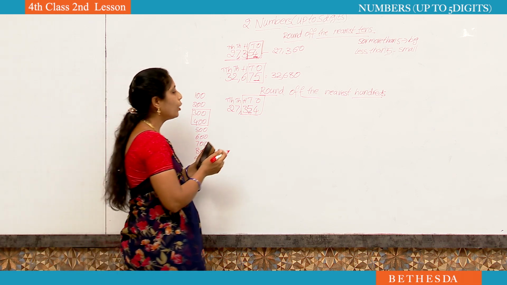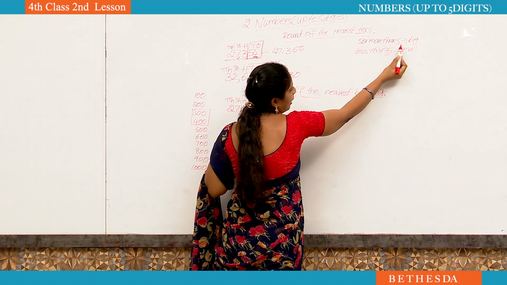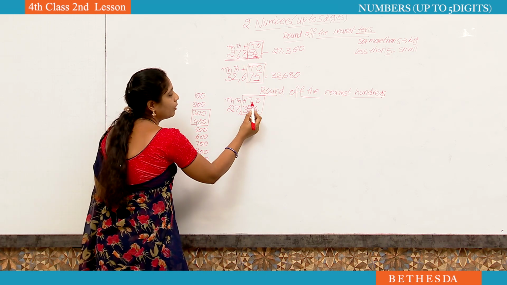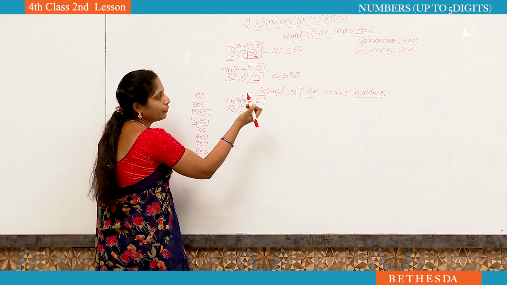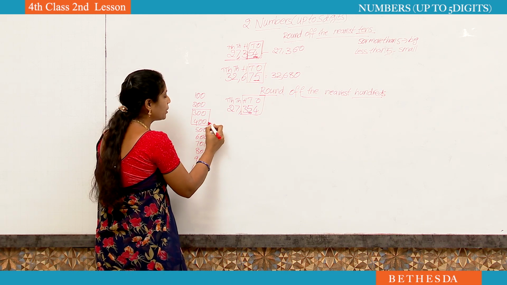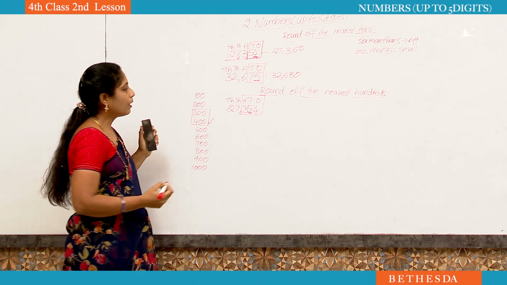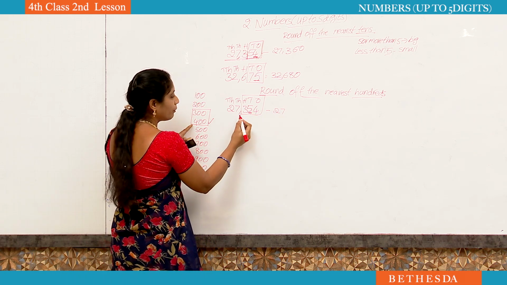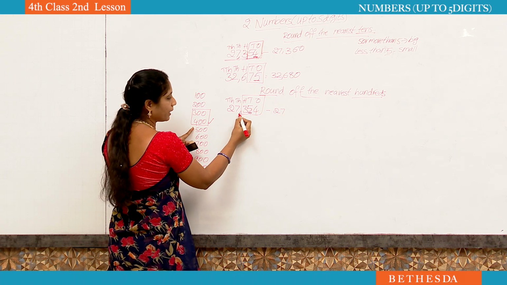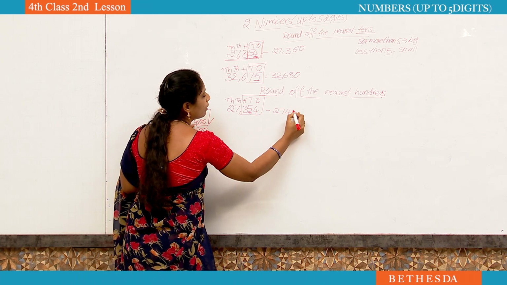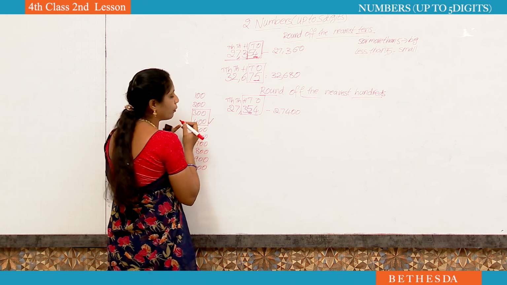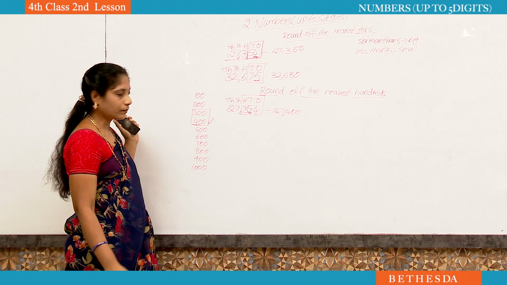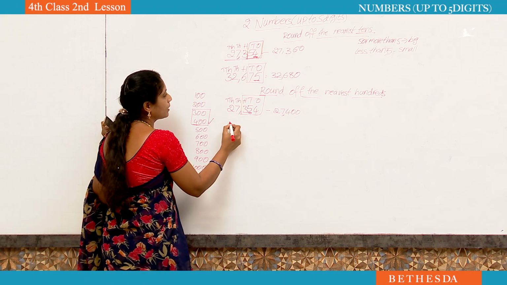In the tens place number, if you find 5 or more than 5, you have to take the big number. Less than 5 means you have to take the small number. Now the tens place number is 5. If you find 5, which number do we have to take? From these two numbers, we have to take the big number. Now what is the round off for 27,354? 27,000. Till thousands we have to write as usual. Now from the hundreds place only we have to change. Nearest 100 is 400. Now what is the number? 27,400. Now I will teach the next number also.